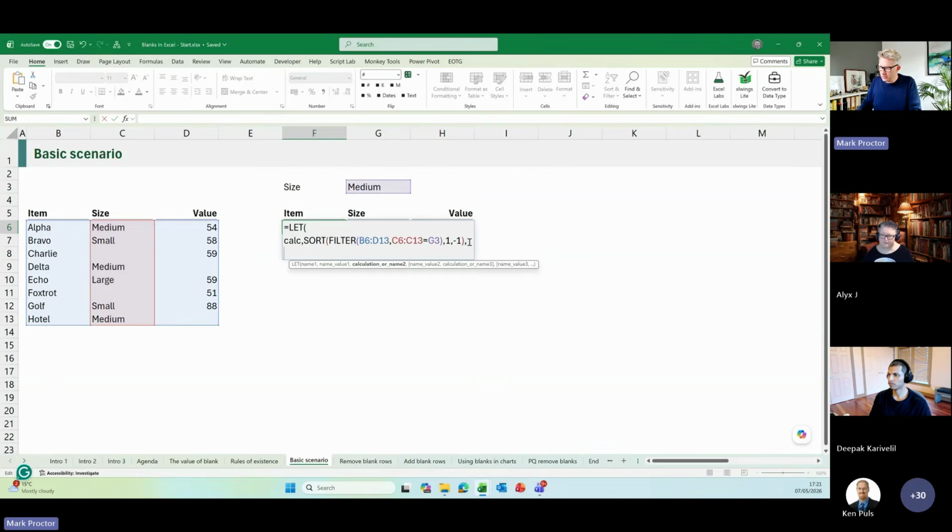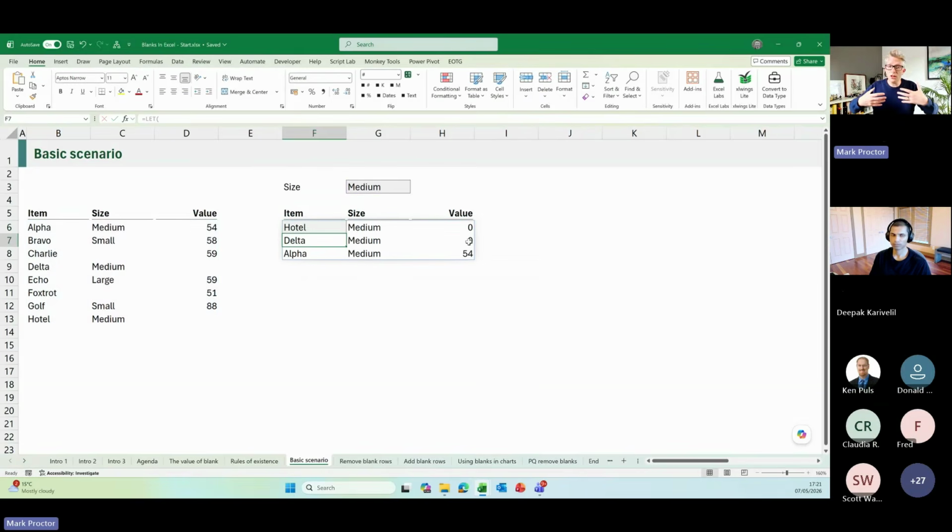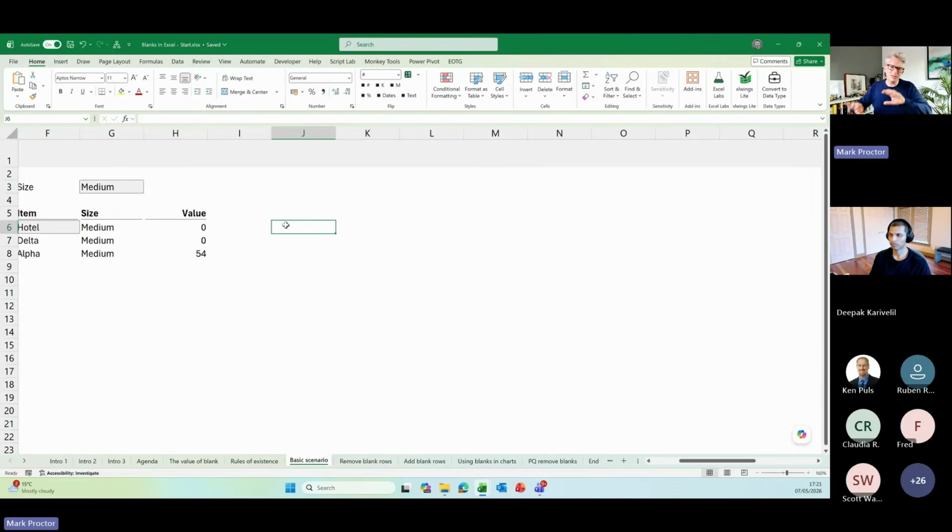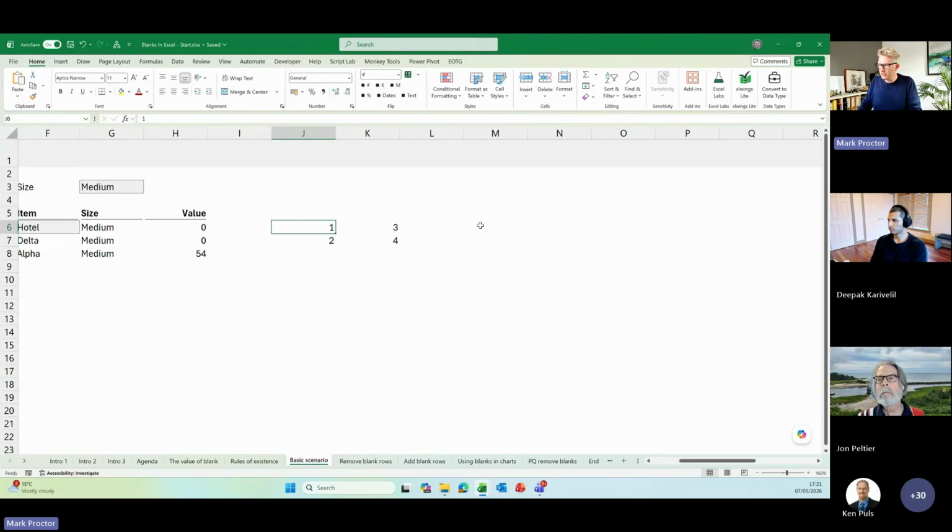Now I should say, let me just return calc here. I should say that we are going to use a lot of array-based calculations today. So if you're used to a single cell world, let me just give you a quick example here. If we have a range 1, 2, 3, 4, an array, and then let's repeat that range over here,